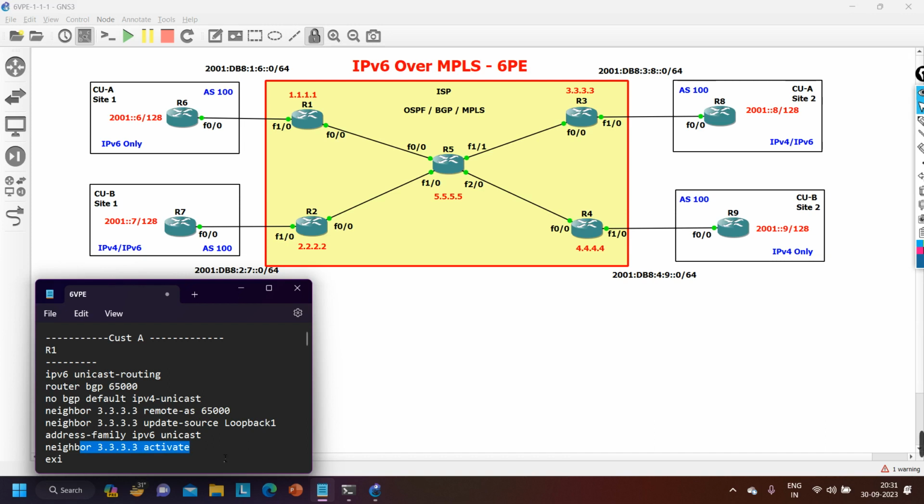This is the only configuration, and here you need to add one more command, neighbor 3.3.3.3 send label, because otherwise router 1 will not send any label to this neighbor when router